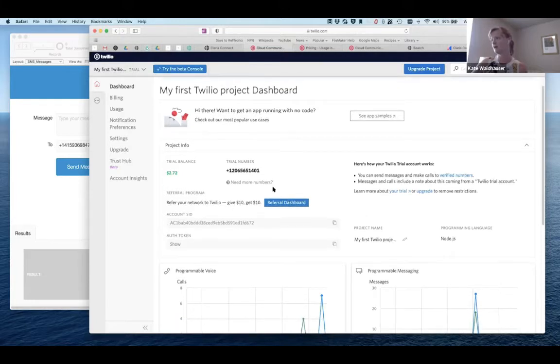If you're using a trial account and you want to test calling or texting phone numbers, you have to set up the phone number you want to call as a verified number. You would go over here, and I just put my cell phone in there, so I added it as a verified number. That's an important piece. If you're going to use Twilio and set up a trial account, you have to do these couple of things. So that is the basics of getting started with Twilio.